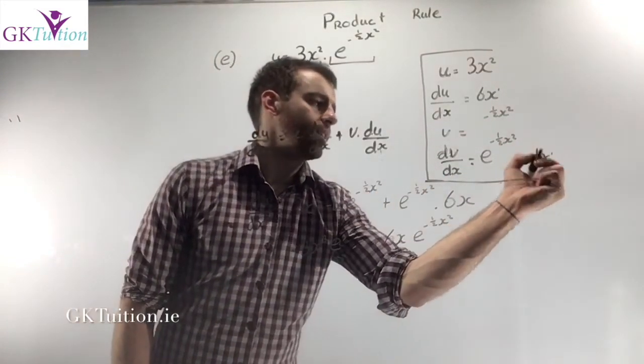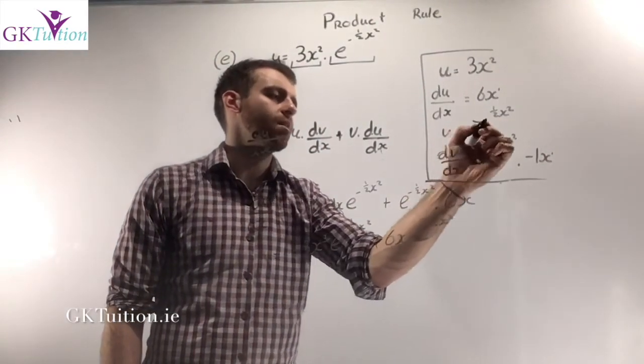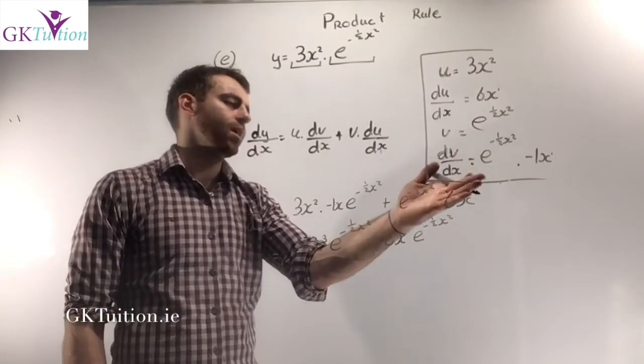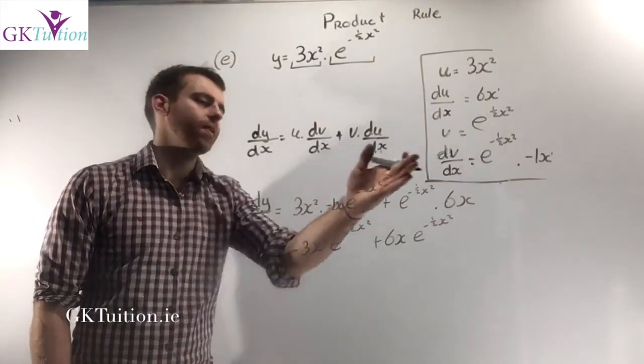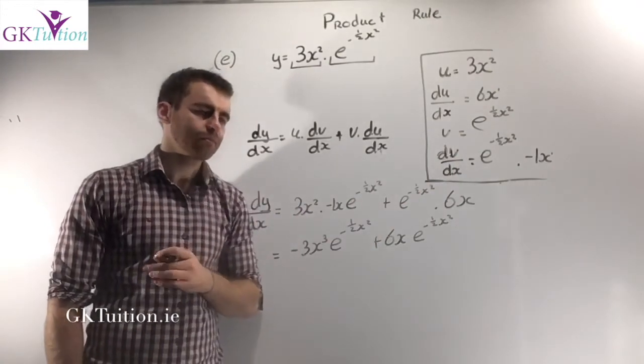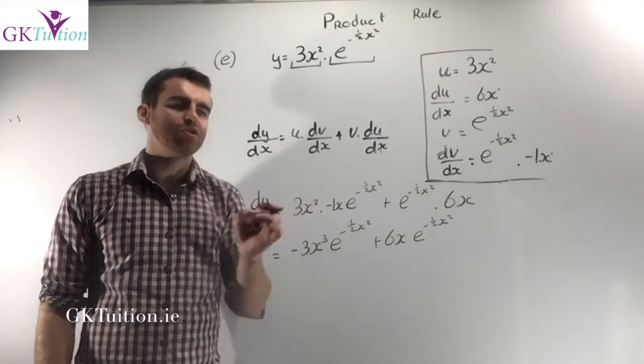And the power of x decreases by 1, and it becomes minus 1x to the power of 1. So it just stays the exact same, and then I multiply by minus 1x. So dv dx just works out as that. And now that I know du dx, v and dv dx, I can just sub in and I can get